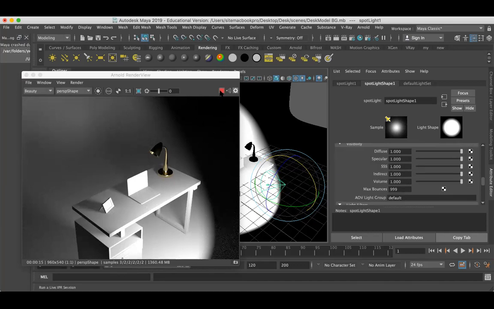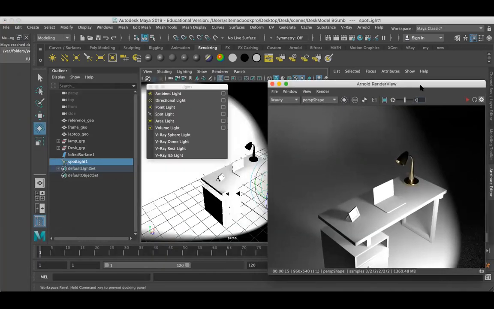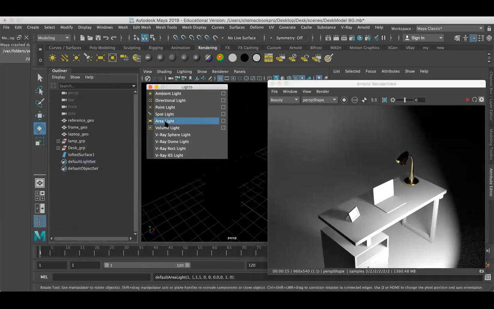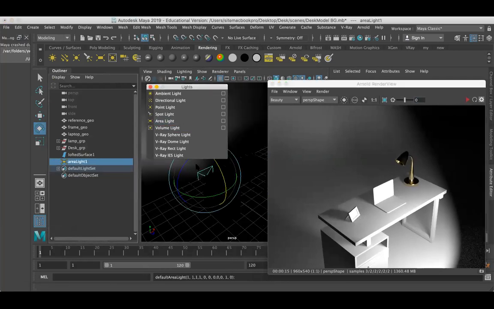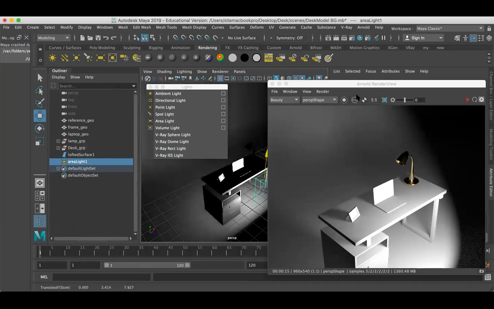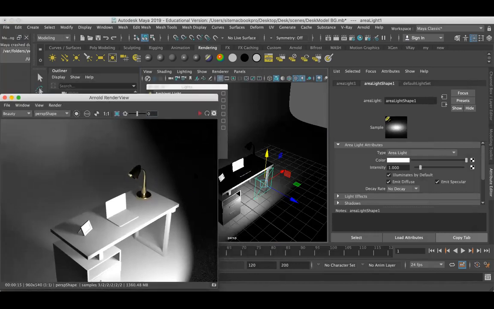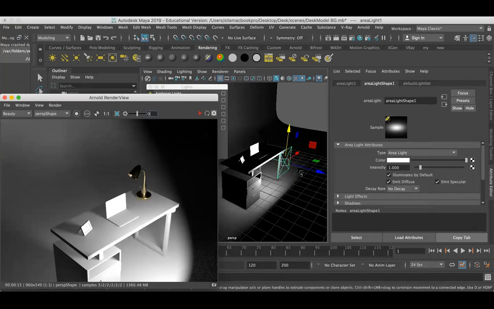Okay, so now I'm just going to stop this render and move to the next slide, which is the area light. The area light gives light in one direction, in the square shape you can see here.